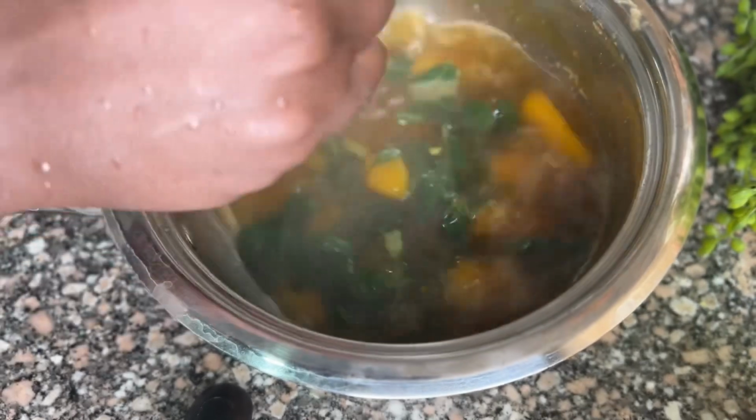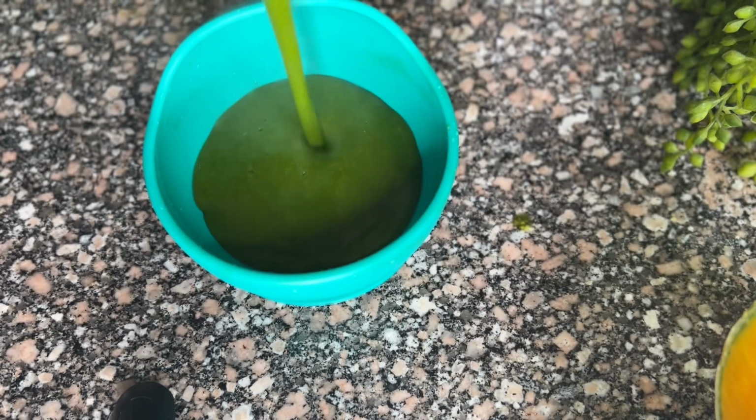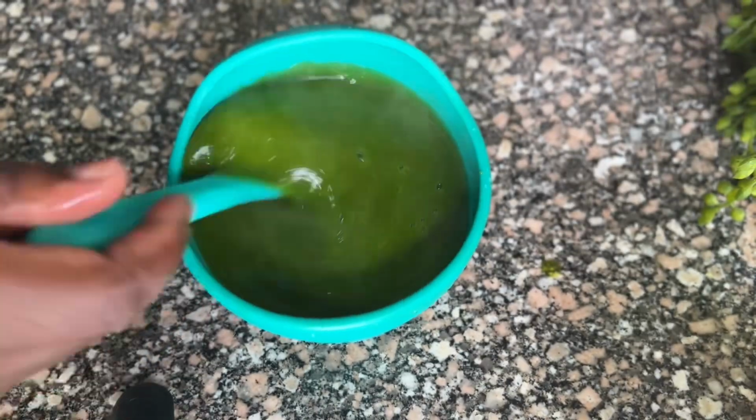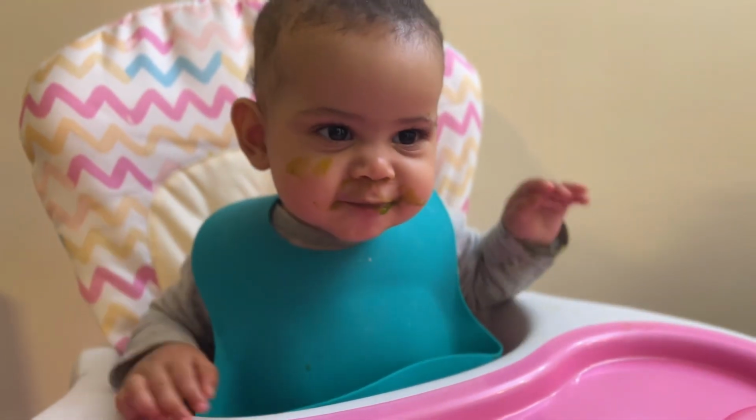And my pumpkins is ready. Actually, when you add spinach and the cinnamon, you take it back to boil for at least 5 to 10 minutes. My pumpkins is ready, and I can see the spinach overpowered the color of the pumpkins, but yeah, it was